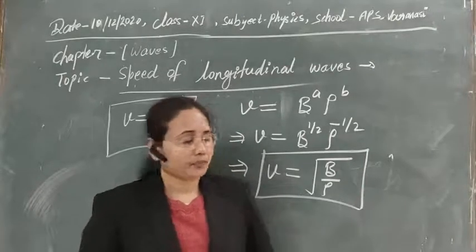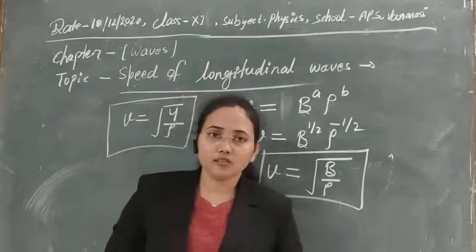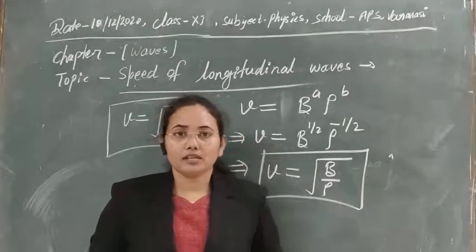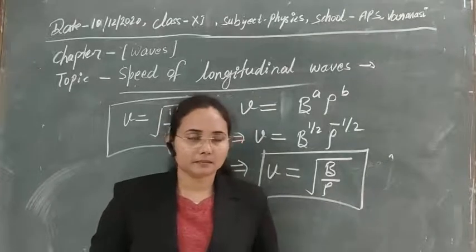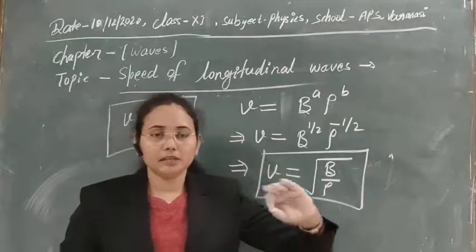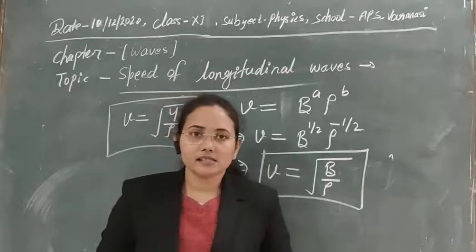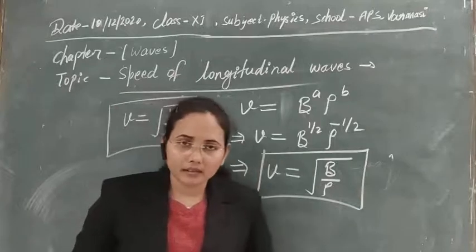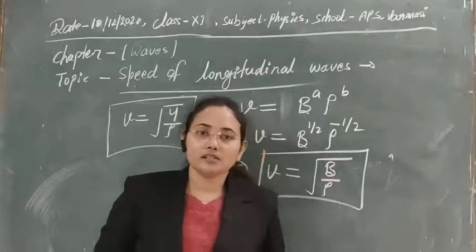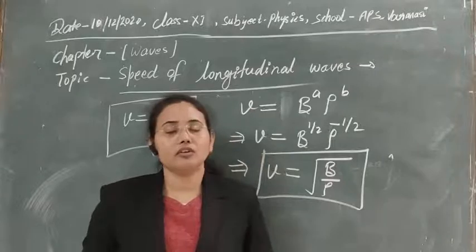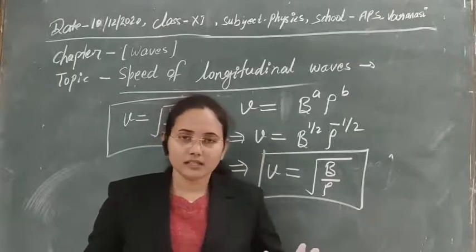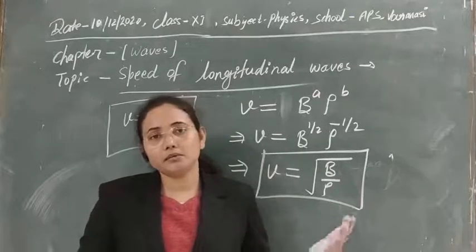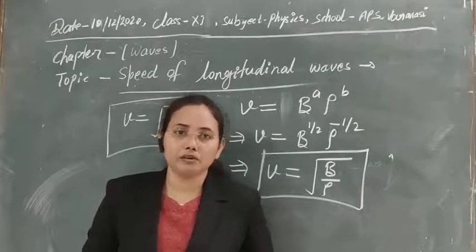and you can calculate its speed if you know the tension of the spring and also the mass per unit length of the spring. In the same manner, in the case of longitudinal waves, if you see that particles are oscillating in the same direction as the wave is propagating, then obviously the wave is longitudinal. Always try to understand on which factor it can be dependent. First of all, you have to know what changes are produced in the system due to propagation of the wave or due to vibration of particles.